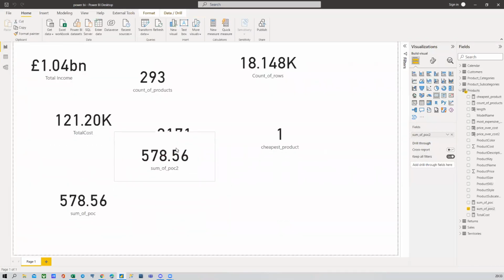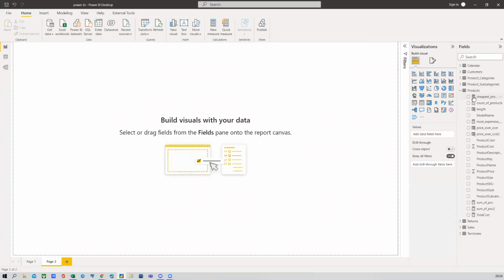Now look at these guys. I know we've not started visualization, but allow me. Let me create a new page. I just want to show you something. Don't worry. Now, if I come to my product, my product categories now,